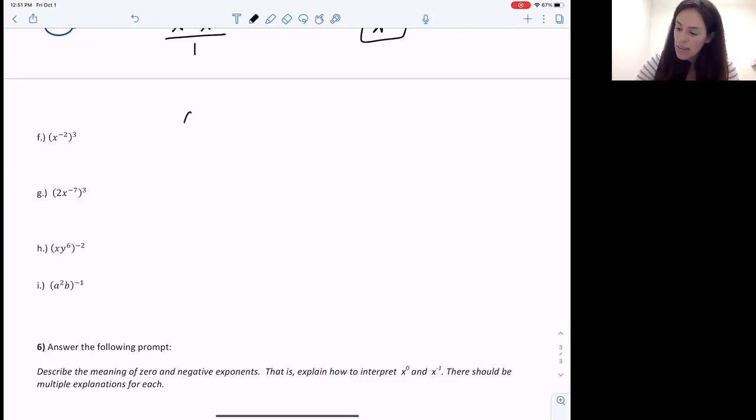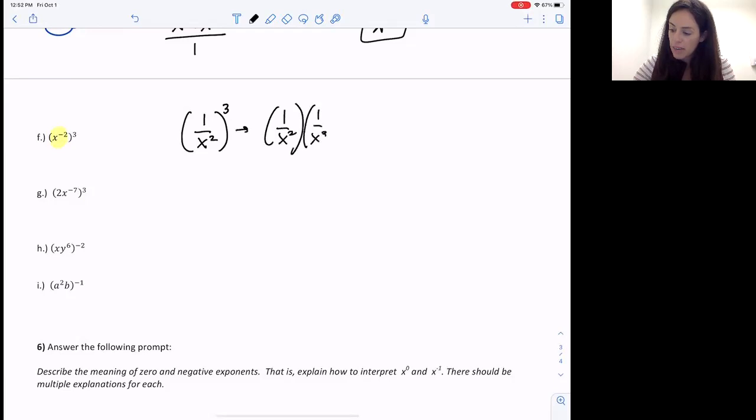Well, that negative 2 exponent applies just to that x right there. It's inside the parentheses. So I'm going to rewrite it as 1 over x to the 2nd, to the 3rd power. Well, what does that mean? This means I'm multiplying